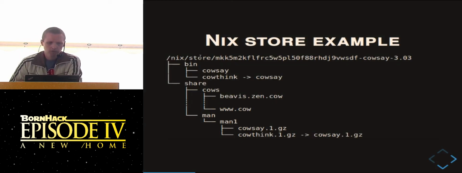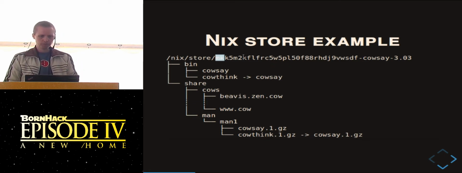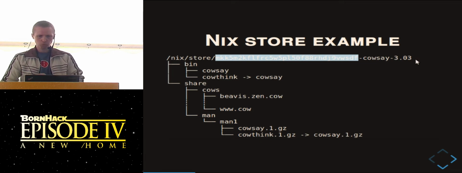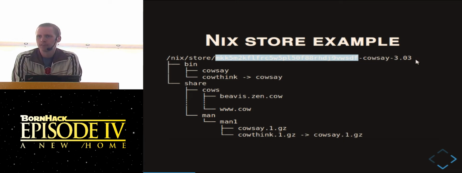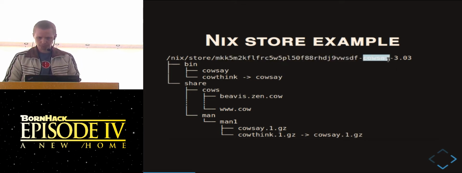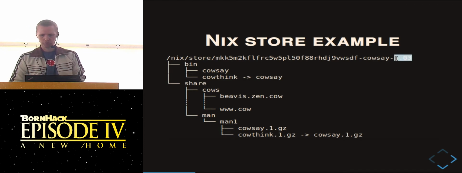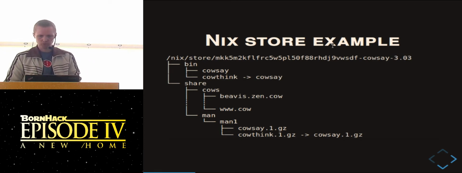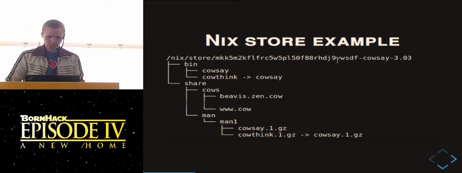So I have a folder on my drive. It starts with the root folder, and it's just /nix/store, and that's my Nix store. And then you have this huge gobbledygook, which is the hash, which we computed from the build recipe for a package called cowsay. In particular, version 3.03 of cowsay.